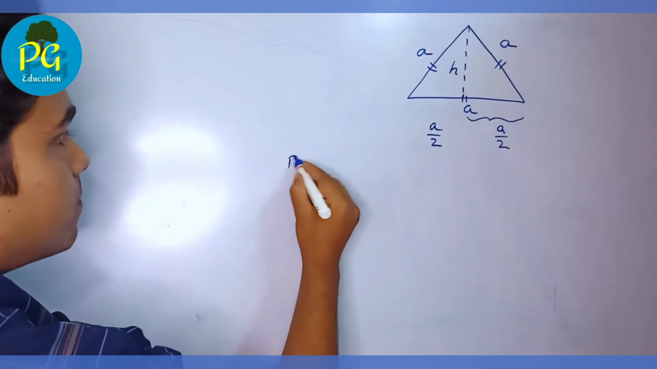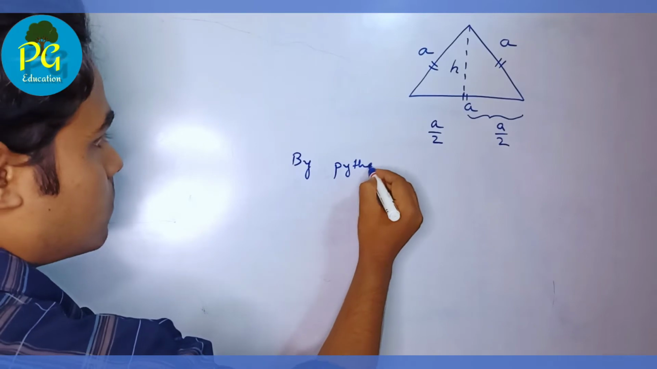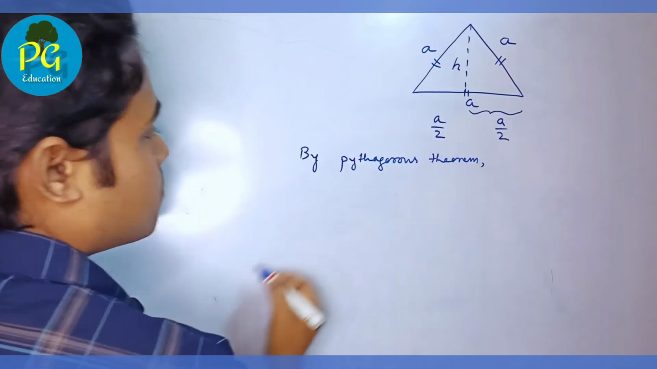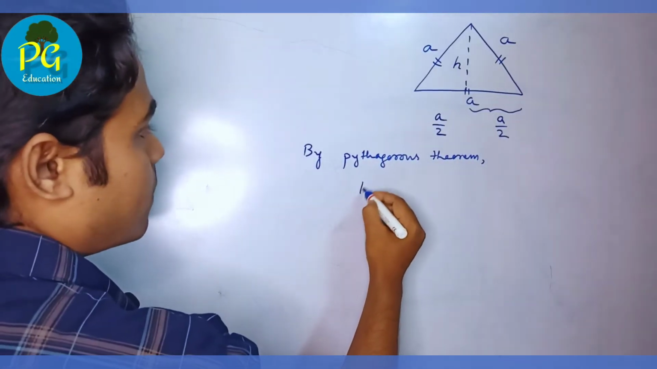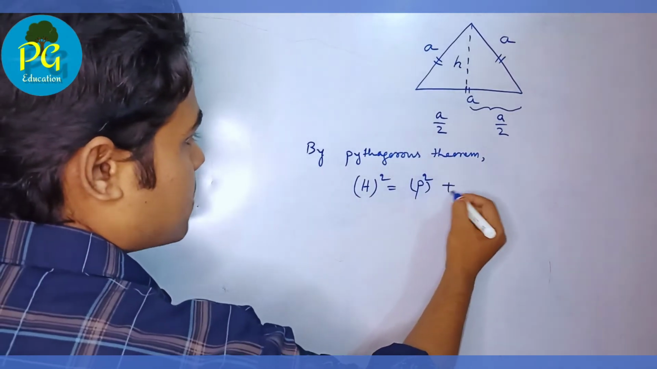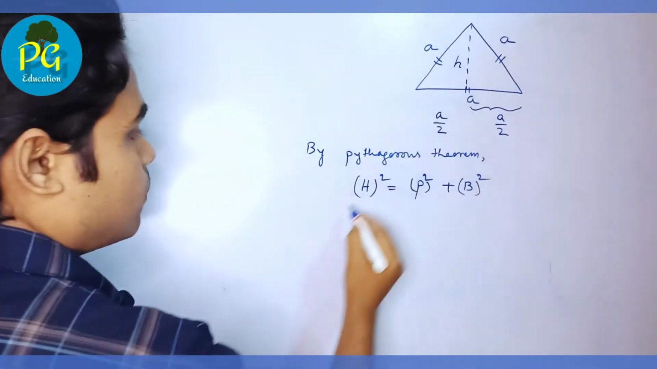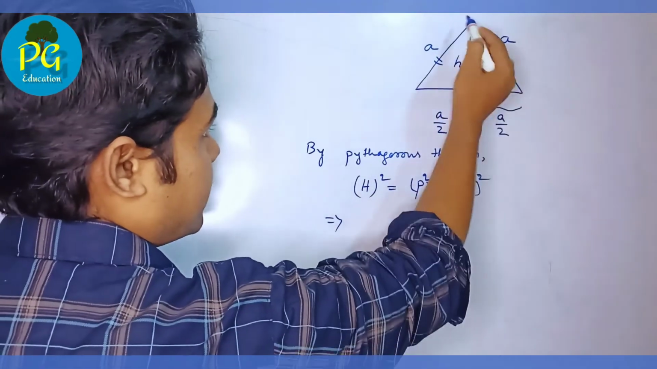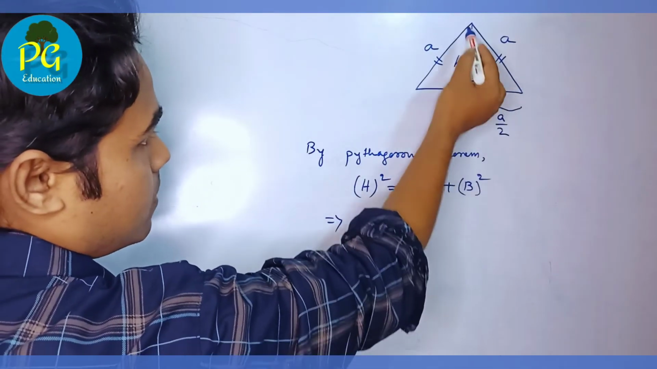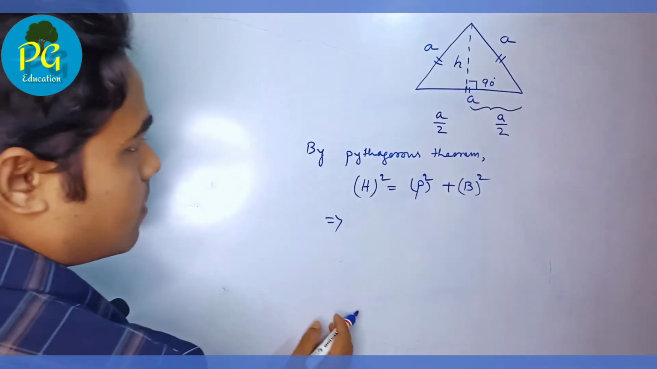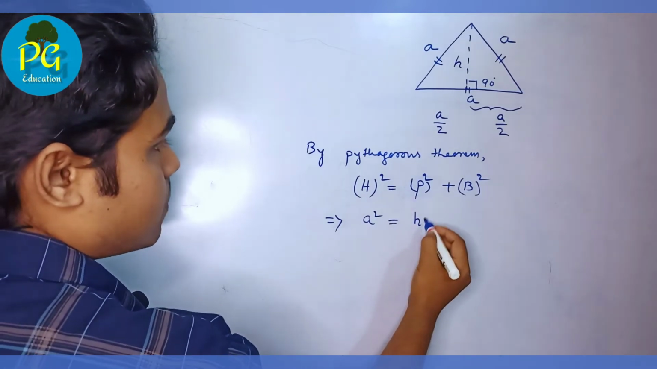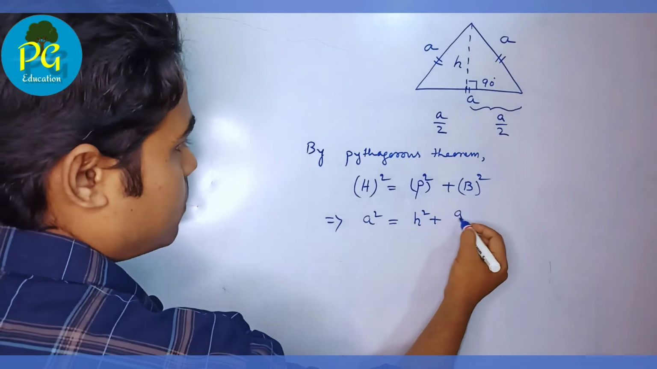So by Pythagoras theorem, hypo square, that means hypotenuse square, equal to perpendicular square plus base square. Here you look, this is a right angle triangle, this is 90 degree. So this side is hypotenuse, this side is perpendicular and this is the base. Okay, so hypotenuse is A square, P means H square, B means A/2 whole square,